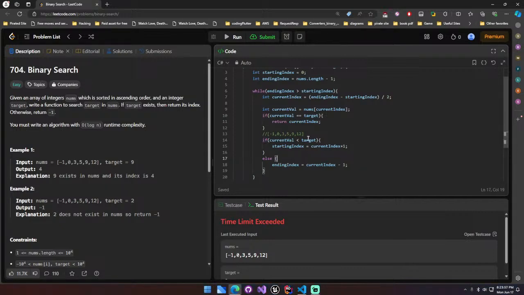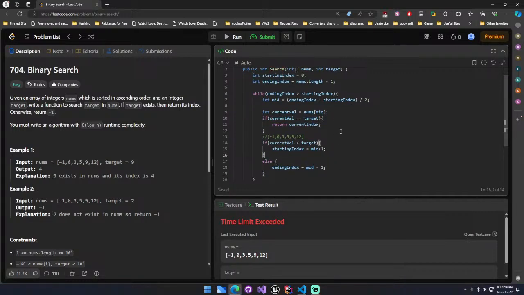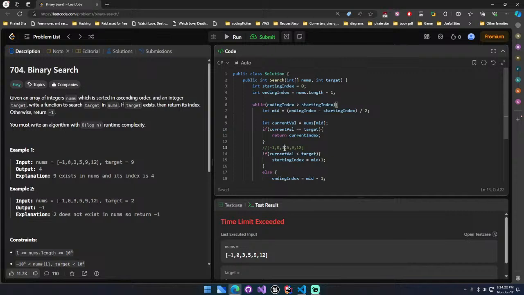Okay, so ending index is greater than starting index, right? So at the very start, this condition is going to be true. When we calculate the current index, let's just call it mid, so mid index. So we have the mid, which is going to be in the center somewhere right here, and then current value. We check the value of the mid, and then we check if our target is correct. Let's put it here to make it a bit easier to understand. So we're checking if this is the target that we're looking for. If it is not,